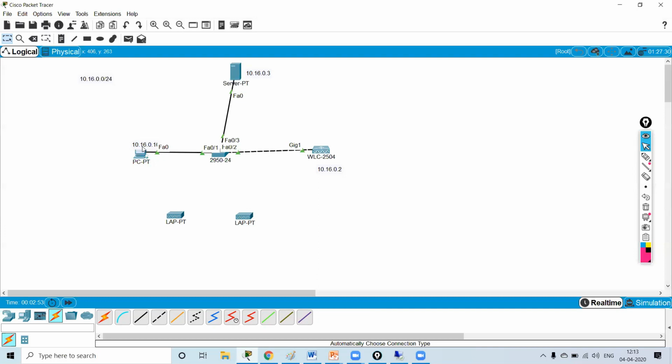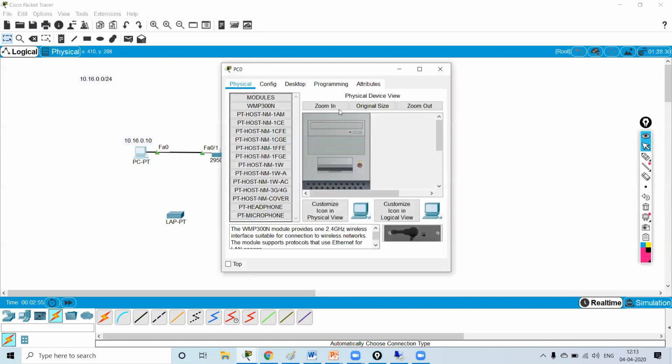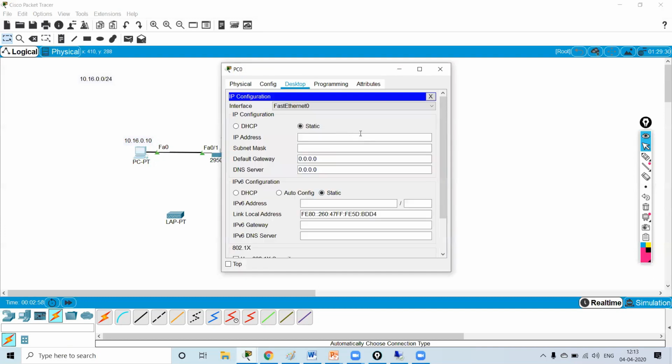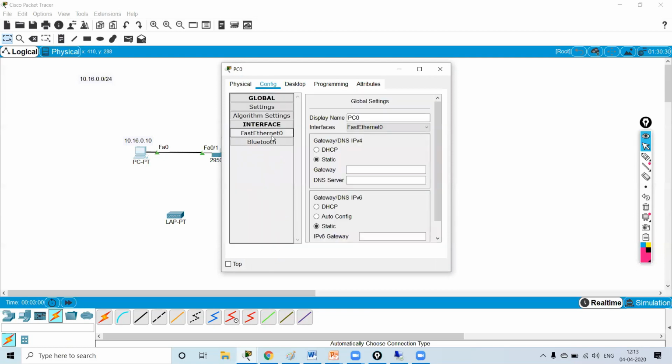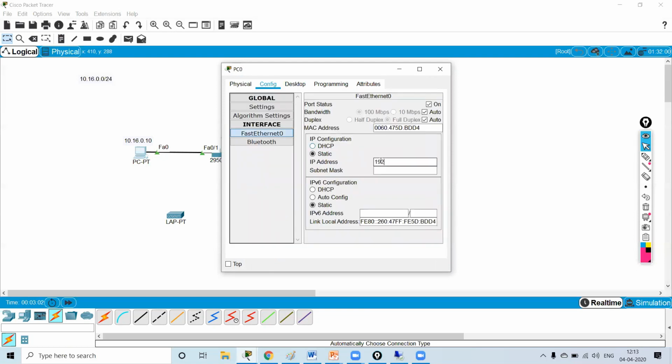Let us configure all the things first. I will go over here. The IP address is 10.16.0.10. The subnet mask is 255.255.255.0. I told you I'm using a /24 network, correct?